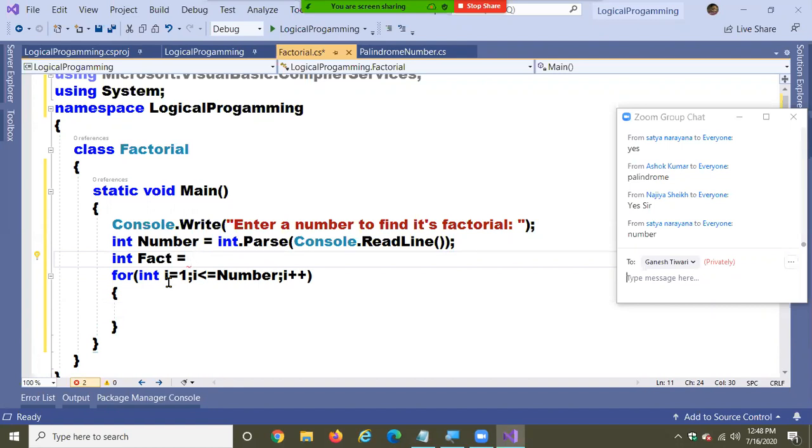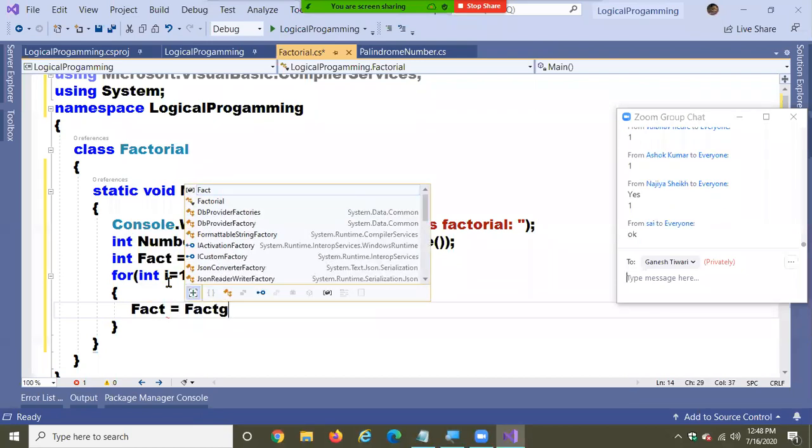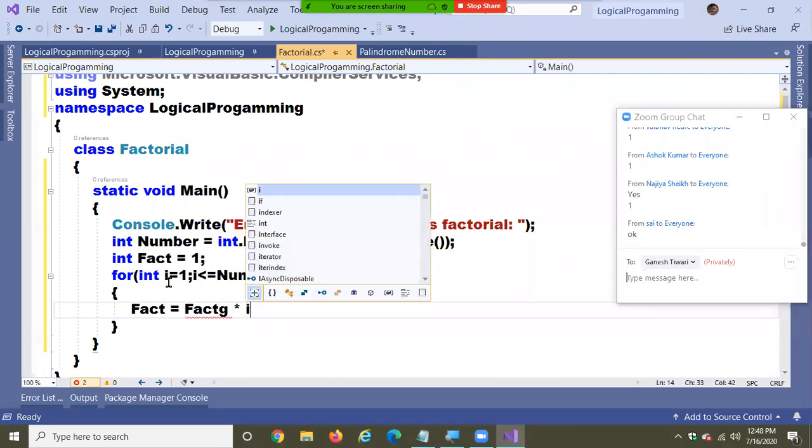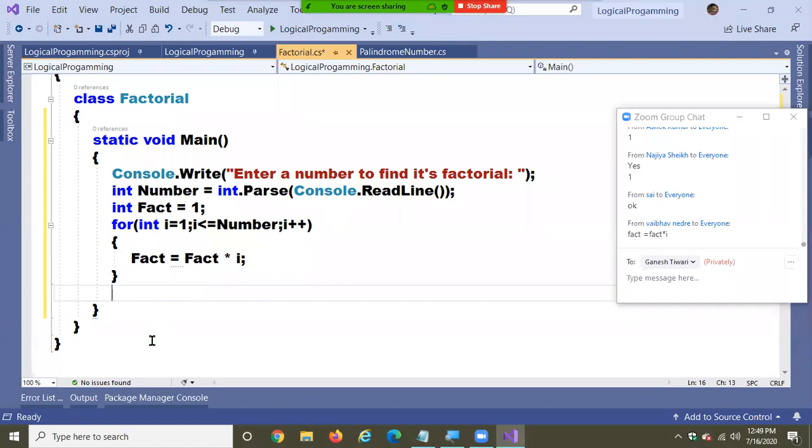Should I initialize with a value? 1. Be careful. If you take 0, final result will be 0, because we are not doing addition, we are doing multiplication. So fact = fact * i. That's all. Simple logic.